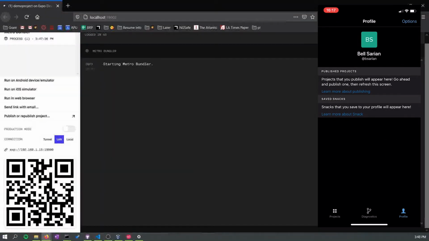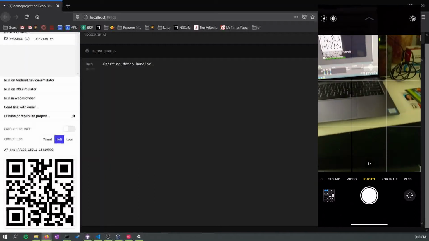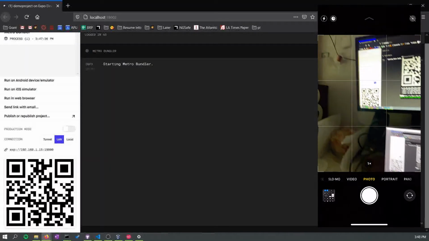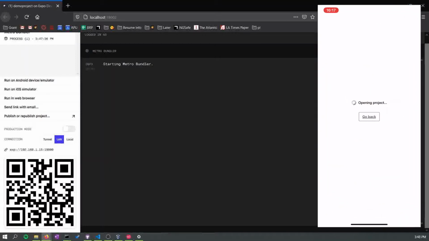All right, so as I just showed you, that's how you download the Expo app. Now I'm going to show you how to interact with your app that's running on your PC with your phone. As you can see on the phone right now, I'm on the Expo app. What I'm actually going to do is go to the camera app, and as you can see, this is my desk. I'm going to simply scan this QR code, and it's going to come up with a pop-up notification on the top,